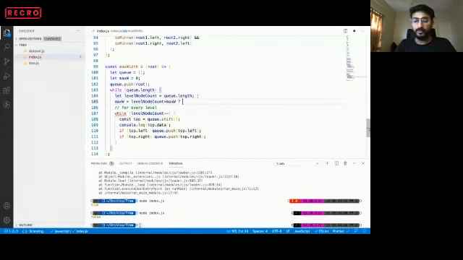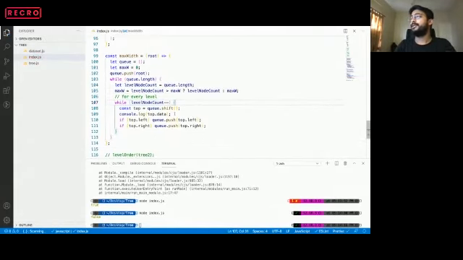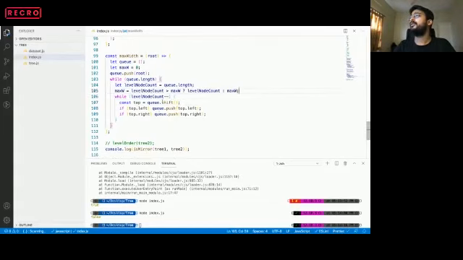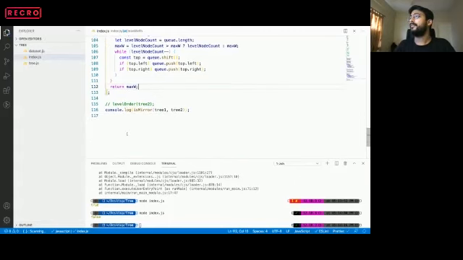If that is the case, then level node count is the max width. Otherwise, max width remains the max width. That's all. We don't have to do anything else. And this console we don't need. We don't want to print the root. So just removing that. And we have to return max width. Okay, so let's try to run it.